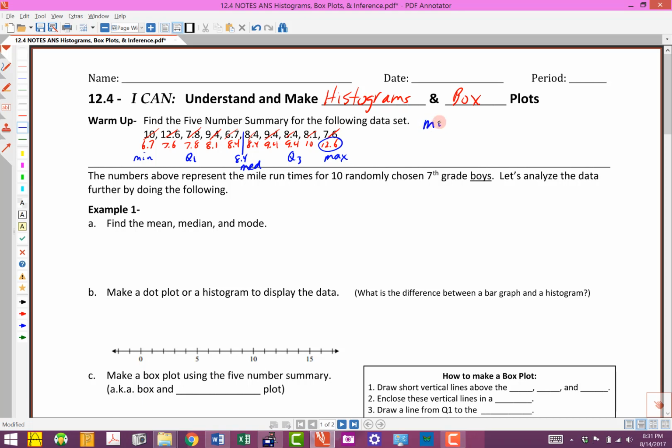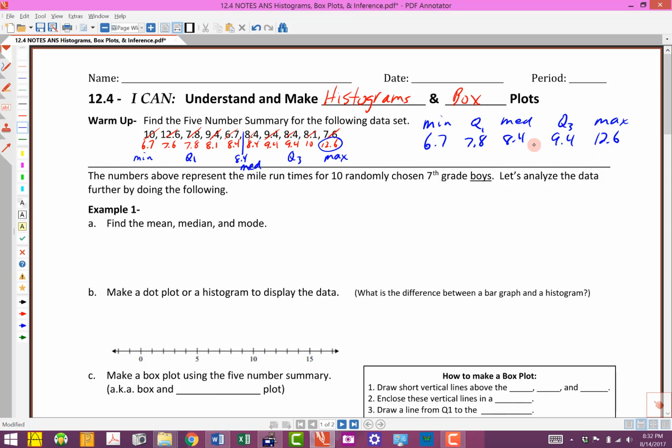So we've got a min, and we've got a max, we've got a median, whoops, get that written right, median, and then we've got Q1 and we've got Q3. So the min is 6.7, the max is 12.6, the median right in the middle of 8.4 and 8.4, so that is 8.4, and then we've got 7.8 for Q1 and 9.4 for Q3. So we've got that all set up. Again, we could talk about the range, so we could find the difference between the max and the min, and we could talk about the interquartile range, but it didn't ask for that,